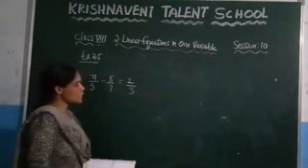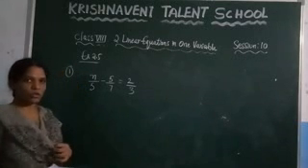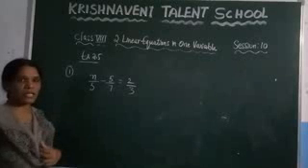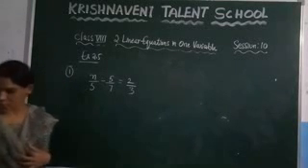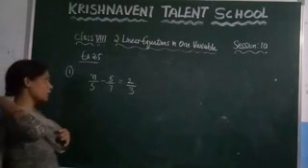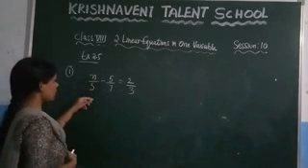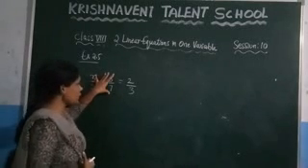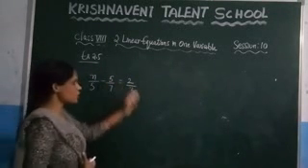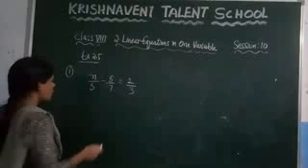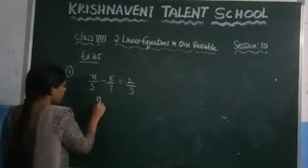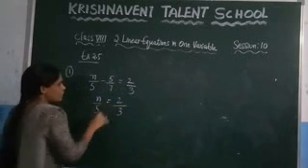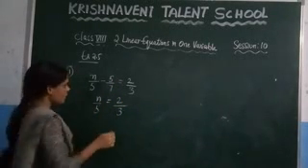Solving the equation is nothing but finding the value of the variable. In this case, what is the variable here? N. So you need to find the value of n in this case. So how do you find the value of n? You can observe that n by 5 is a variable, and here it is in the form of a fraction. Take this fraction to the right hand side, it will become plus. So write it here, n by 5 is equal to 2 by 3. If you take minus 5 by 7 to the right hand side, it will become plus 5 by 7.